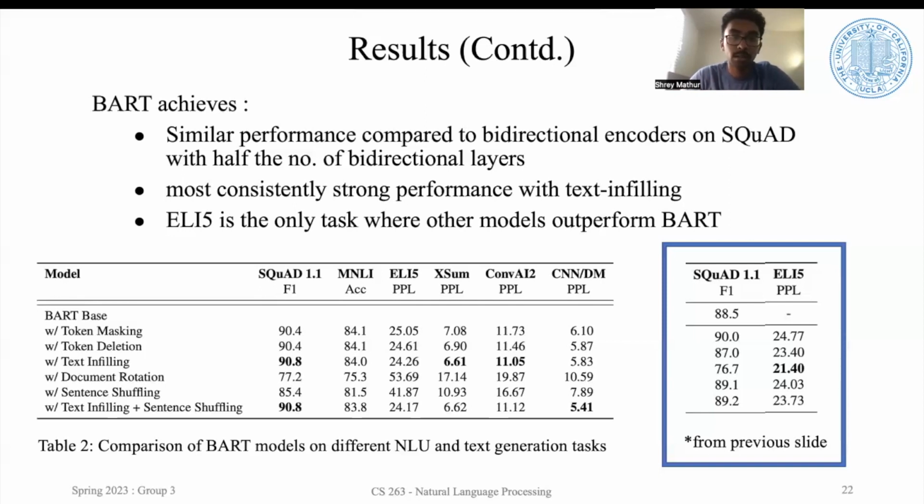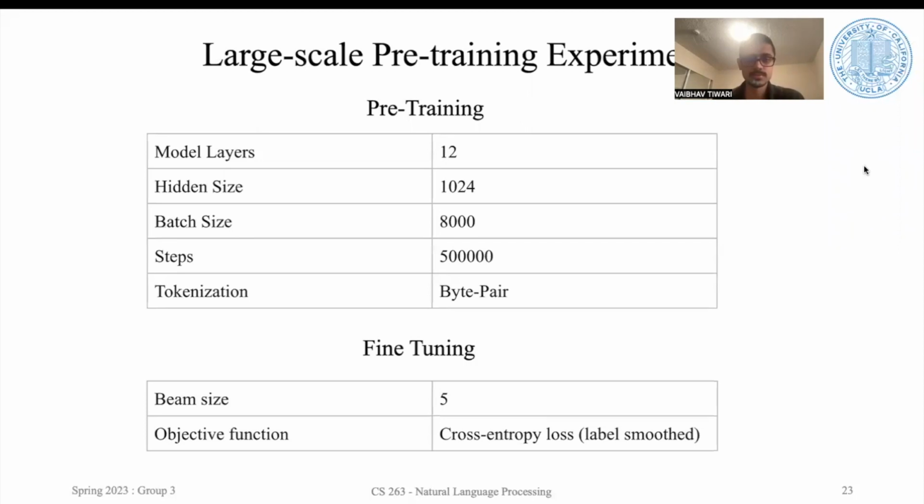These tasks were just a subset of the large-scale experiment that Vaibhav will now be talking about. Okay, so now I'll be discussing the large-scale pre-training experimental setup. For the pre-training, a large model was used with 12 layers in each of the encoder and decoder with a hidden size of 1024. For the pre-training, the data consisted of 160 GB of